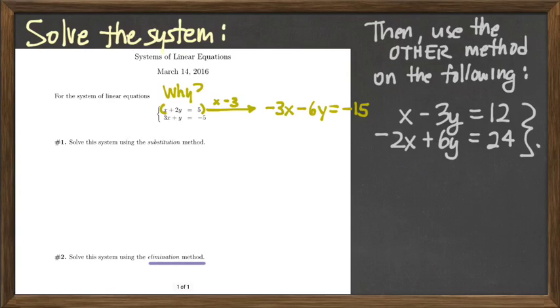So my question to you is, why in the world did you do that? How would you know to do that to get this process started? What's your priority? What told you in this problem that -3 was the right thing to do to multiply this first equation? I wanted to get rid of the x's. Yes, right. So here is the price that you pay to use the elimination method. The price you pay is that it requires you to look at both equations at the same time and ask yourself,